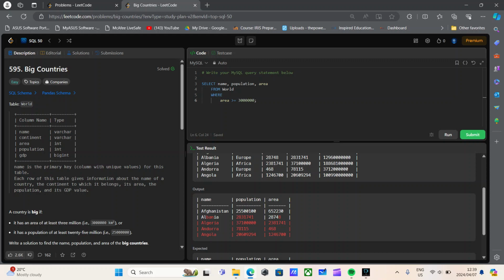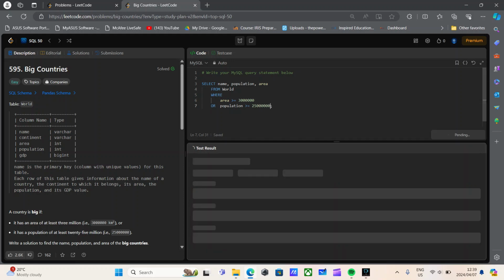So yes, the area, or where the population, that's spelled wrong, population is greater than or equal to 25 million. So that's 25,000,000. And if we run this,